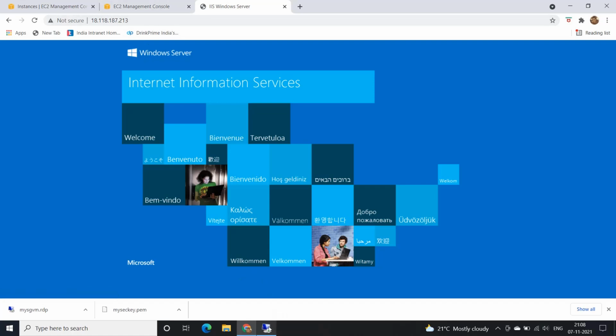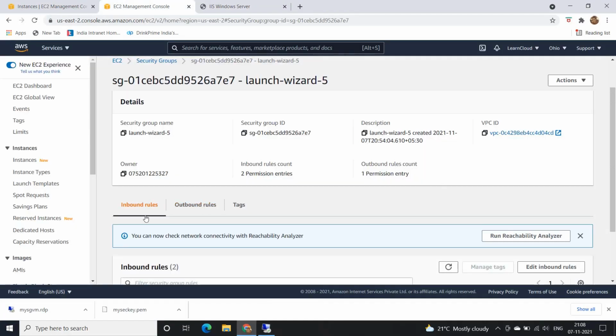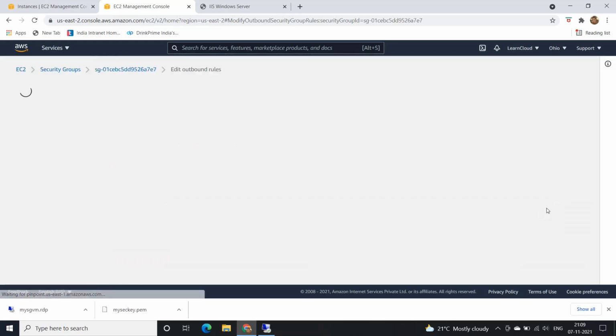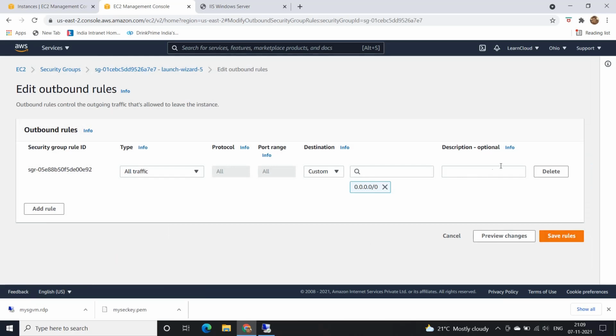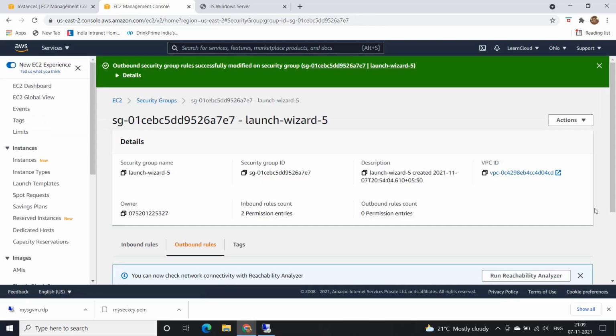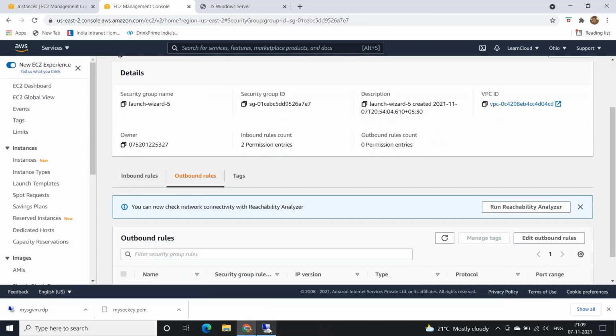And post that, one more thing which we can do is, I'll go to the outbound rules, and here all traffic is allowed, right? So I'll make an edit to the outbound rules. I'll remove this particular rule and save the changes. So now if I try to access google.com, I should not be able to, right? So I'll hit save rules, and if I go over here, this screen goes off.